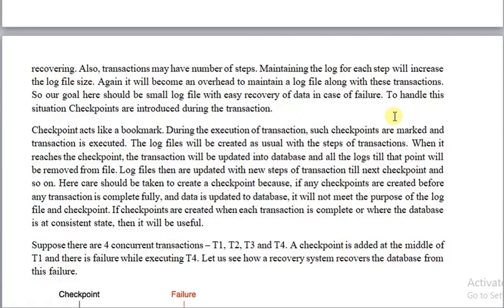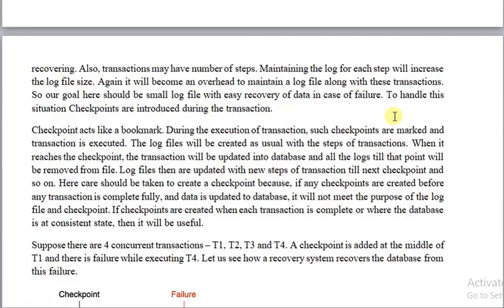Care should be taken in creating a checkpoint, because a checkpoint created before a transaction is fully completed can create a serious problem. If the checkpoint is created after the transaction has completed successfully, or where the database is in a consistent state, then such checkpoints will be useful.